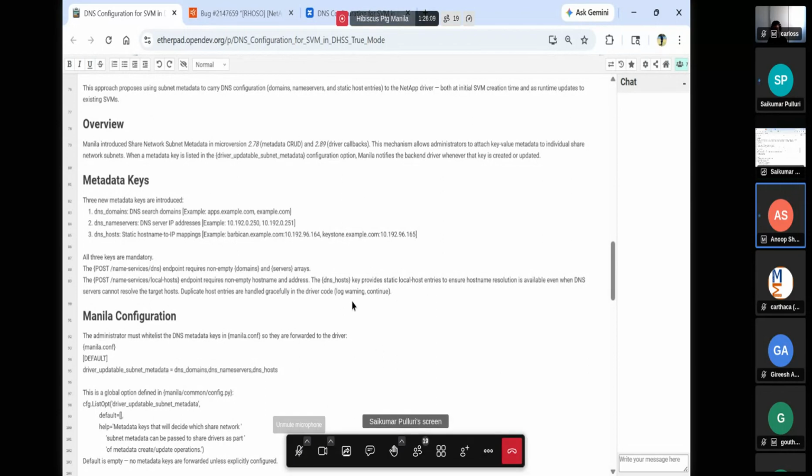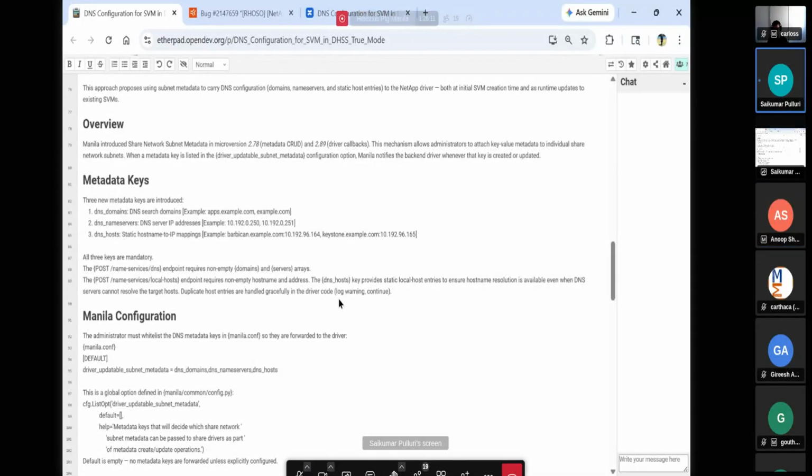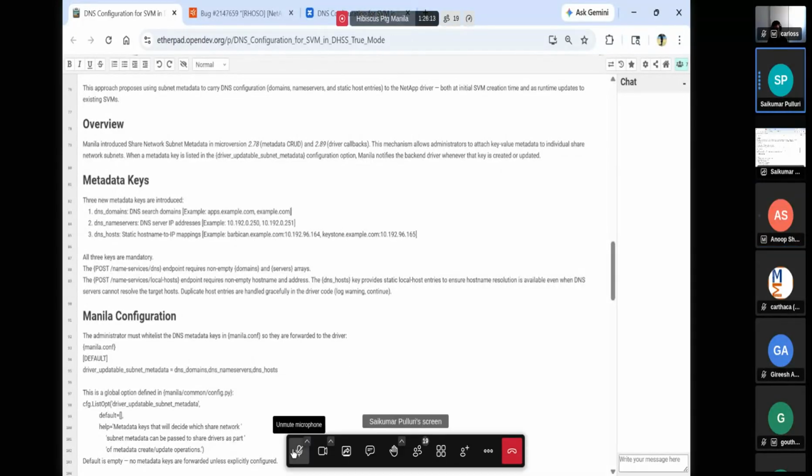That's something we need feedback from Carlos and Gautam on. That can be doable. If you want to do it only at the Barbican level, it is fine. But we still do not have the DNS name server IP, right? That is something that we cannot get at the driver level or even at the core level. If you want to solve it only at the Barbican level, without even configuration options,